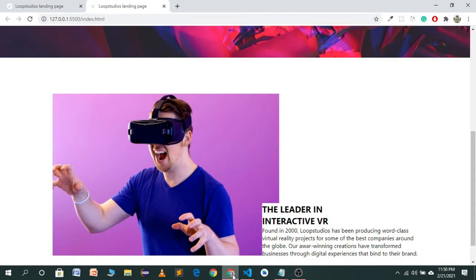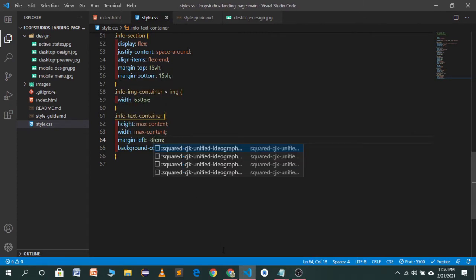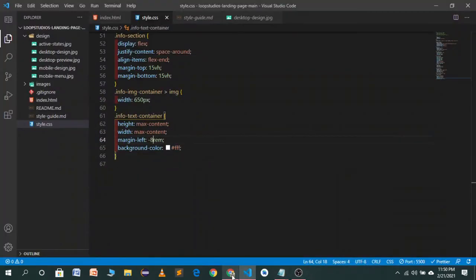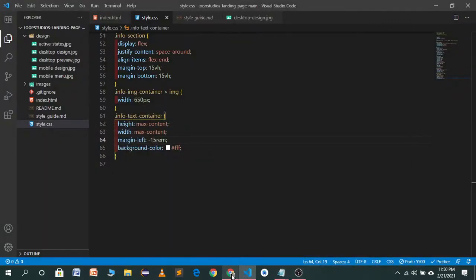Now it's looking good, but first of all increase margin left. 8rem is not looking good. Let's give it a 15rem. How it will look. 15rem, I think it's looking good.